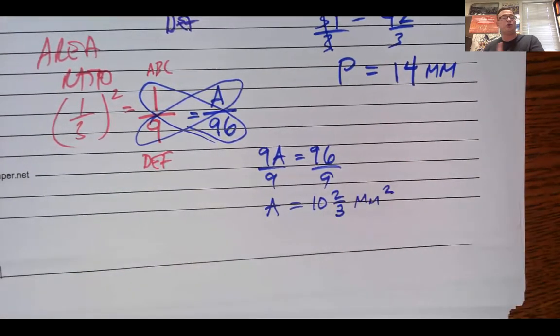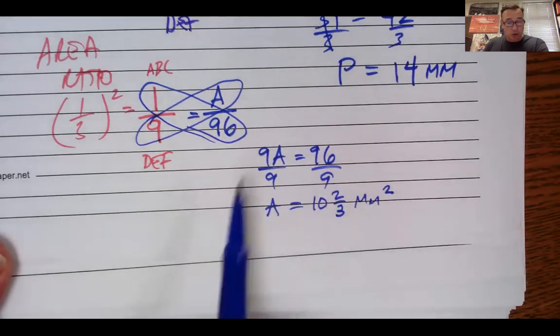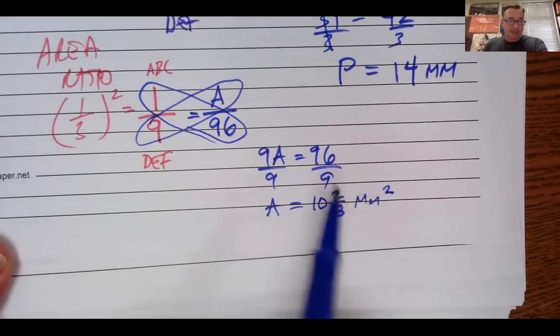Now, what I need you to recognize when we're starting to talk about some of these, we're going to get answers when we talk about area that are not going to be nice, happy whole numbers all the time, because we're not talking about the perimeter, which is nice. You're just adding 3 sides or 5 sides if you're talking about a pentagon. When we're talking about the area, because you're going to be multiplying things that are going to have to be proportional, it isn't always going to be nice. This is okay. I mean, the numbers aren't going to be difficult for us to deal with, but I want you to recognize that it's okay to get an answer like that as long as we checked all of our